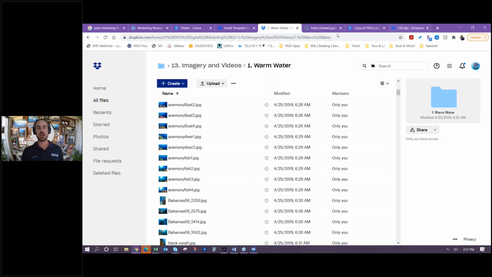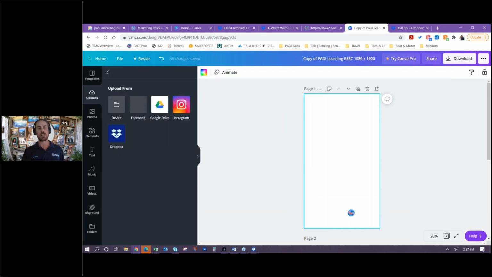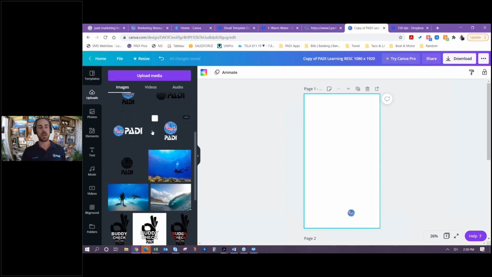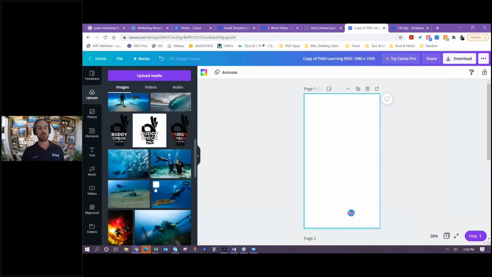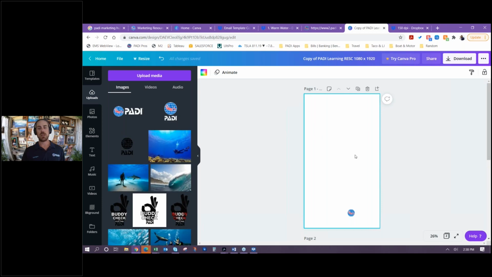So let's say you wanted to pull a different image in and you uploaded that using the upload media button here. It'll pull it in and give you different options on where to find that picture. Maybe you want to pull it from your Facebook page or your Instagram, even your own Dropbox, or if you click device, of course, that's coming from your computer. Click on that, find the image on your computer and pull it in, and it will essentially load them down here in a nice, easy format. Now that we have this blank screen without an image behind it, if you just take your uploaded image and drag it in,